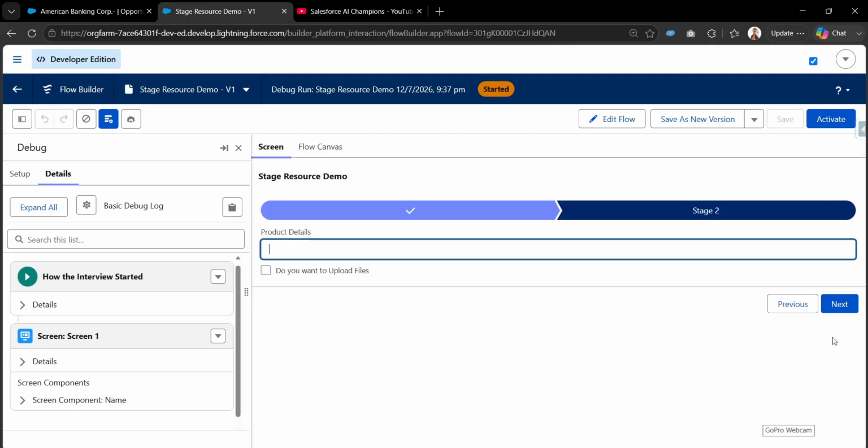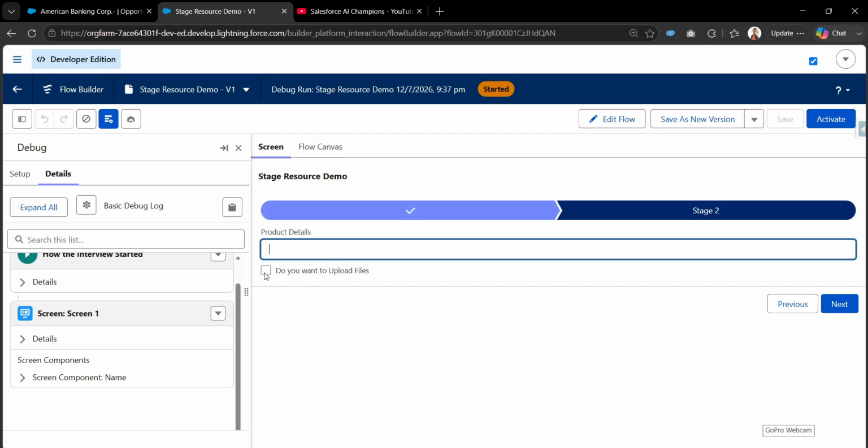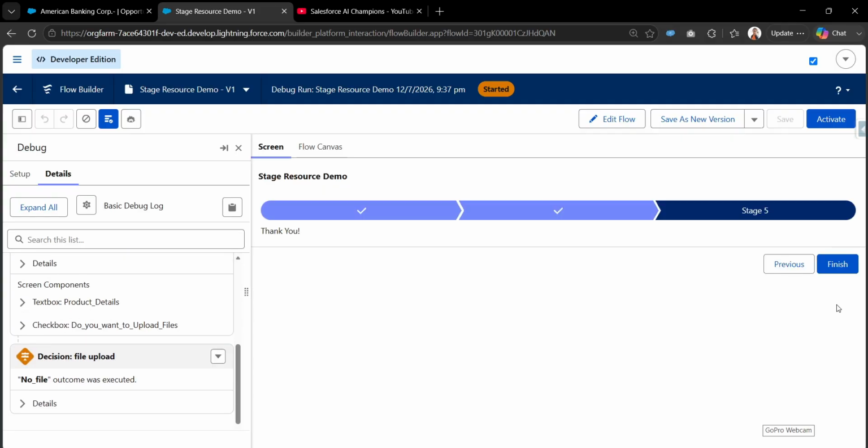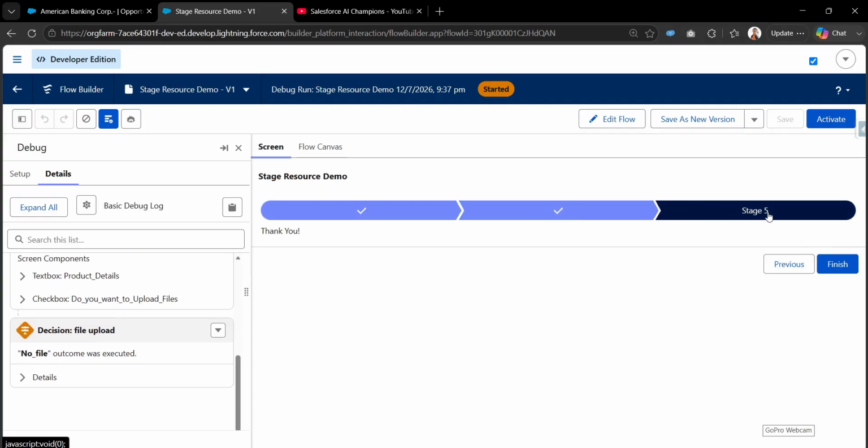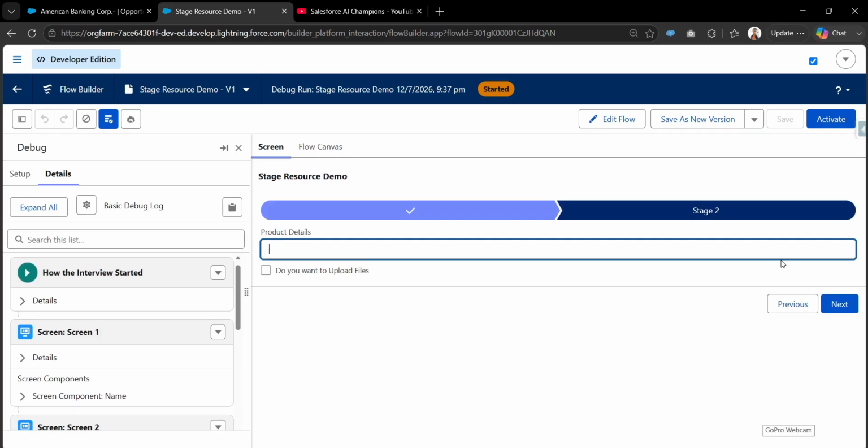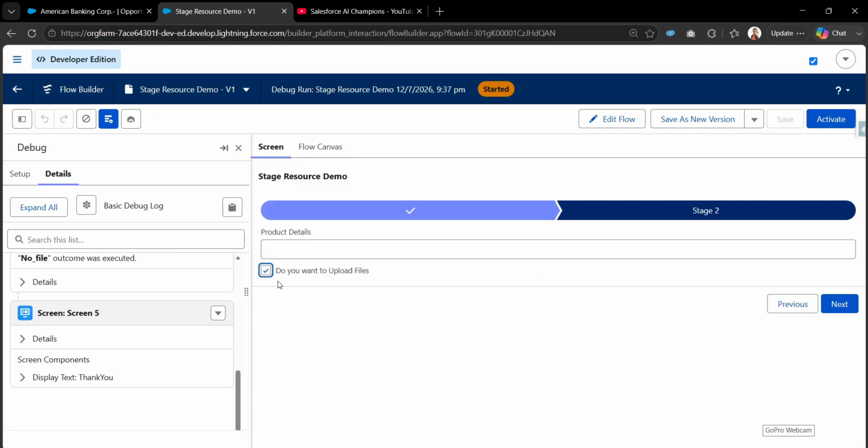And if I click on next, we can see the checkbox is there, do you want to upload files? And if I don't want to select it, I am not going to check this checkbox, and let me click on next, and we can see that it goes directly to the stage 5 thank you page, right? The thank you screen. Now if I go to the previous screen, and click the checkbox to true,